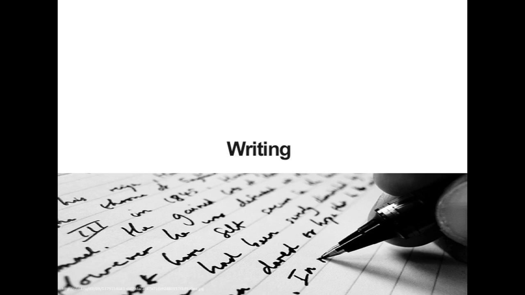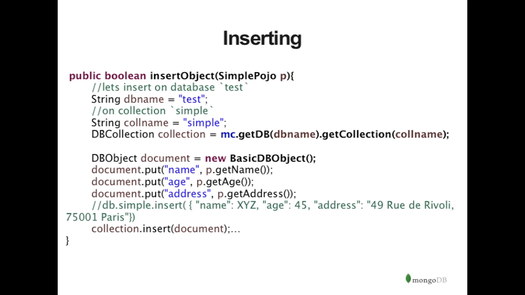So how can we write? Writing is as simple as calling a collection and insert. Now, in MongoDB, since we have these complex documents, most of them have flexibility of schema, so there's no restrictive order on how you set up things. In MongoDB, we provide a DB object document so you can use it to parse in any of your POJOs